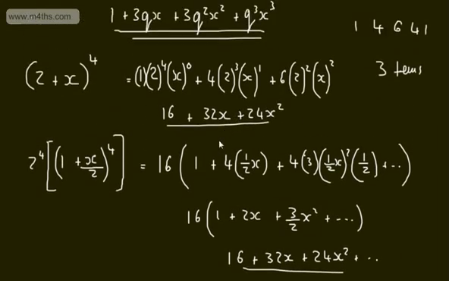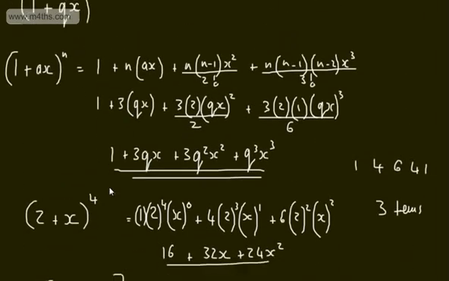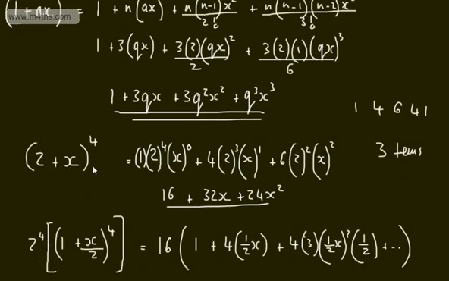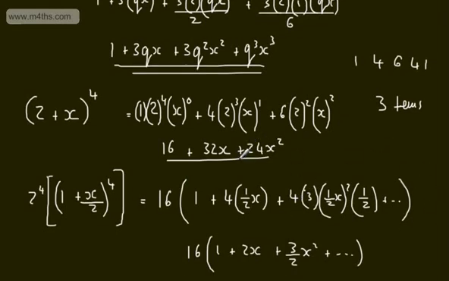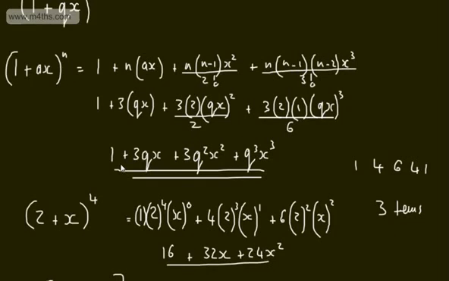So it's quite laborious to use that particular method when we have to take the 2 out and raise it to the 4th power. This one is significantly easier just to write it out when n is a positive integer. But again, if it wasn't, we would use this method. So if this was -1, we would sub in n is equal to -1. So we'd have -1, we'd have -1 minus 2, we'd have -1 minus 2 minus 3, and so on and so forth. And that would give us our infinite series expansion. What we're now going to do is look at where this would be beneficial, this 1 plus